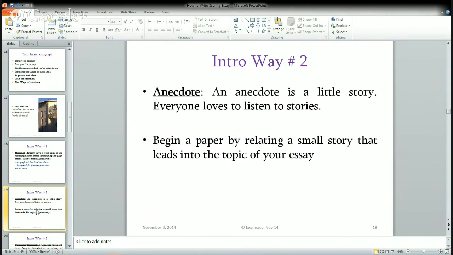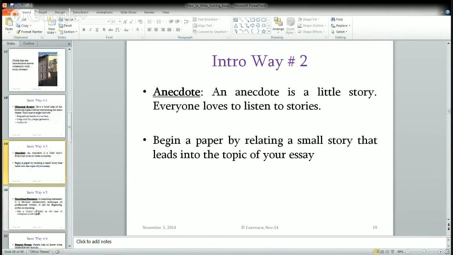The next way to introduce is an anecdote. An anecdote is a kind of small story that everyone likes to listen to. For example, if I'm taking this class and I start with a very small story, you would be much more captured by it rather than if I start saying, okay, we'll be talking about learning today, learning has this, writing has these concepts. So if I start with a small story in the introduction of an essay, it would be much more capturing.